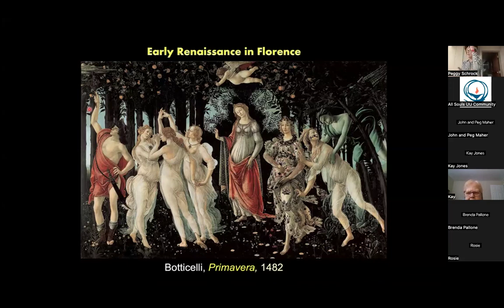Of Venus floating on this shell in the water. If you ever watch Monty Python, they use that image all the time in the openings of Monty Python. However, I think this is really his most archetypal painting, and one that signifies the Renaissance more than anything else. He was working in Florence for the Medici family, and this is where